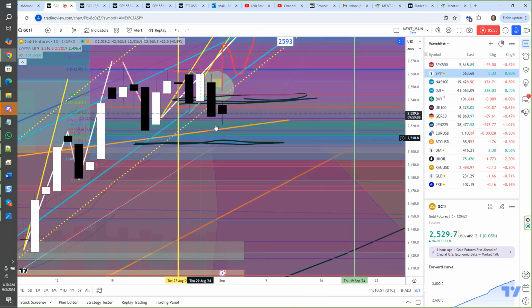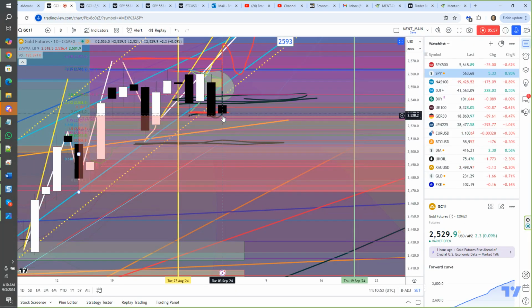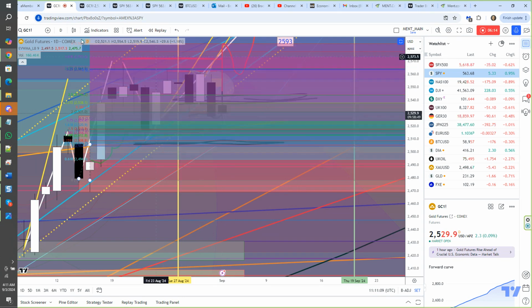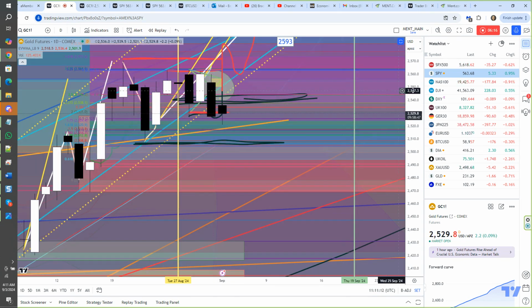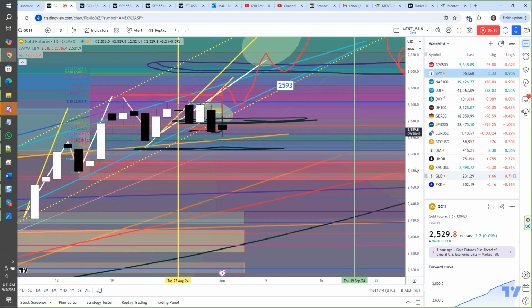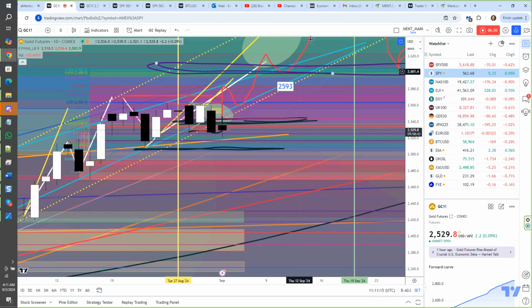Gold is struggling down here near this 25, 28 area. It really needs to find support in this area, like I highlighted. If we do see support in this area, and it looks like we are starting to see a little support this morning, then we have a really good chance of rallying back into this. I do believe we're going to see gold continue to move up to that 25.93 area and higher.